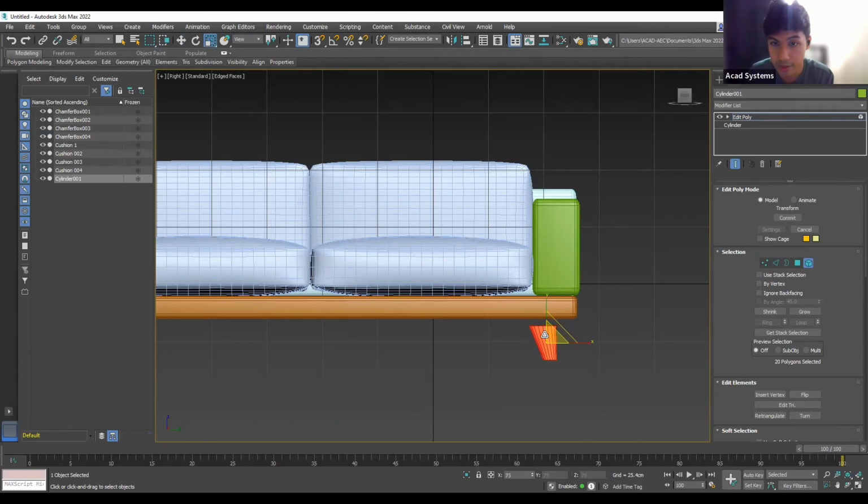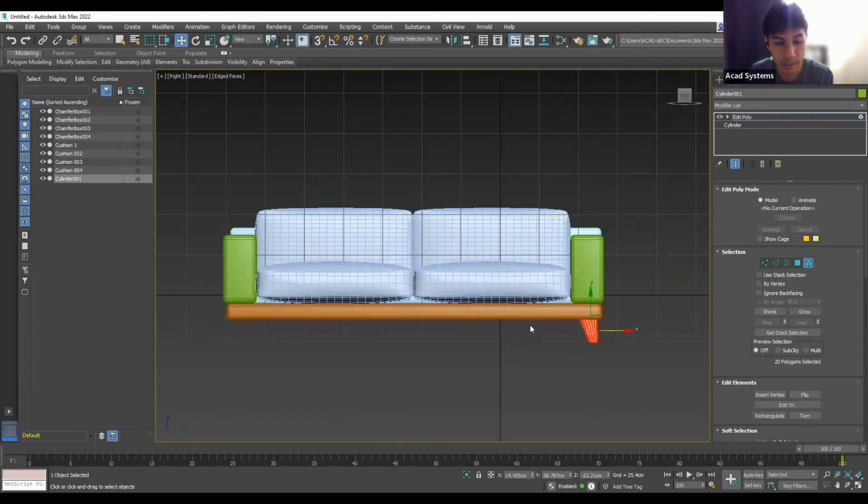Okay, we have this. If you hover over here and drag down, you get a uniform scale. If you go here, it's basically a one direction scale. Okay, so maybe this one looks okay, and then I move it to its place, and then with shift and move, I can, sorry,